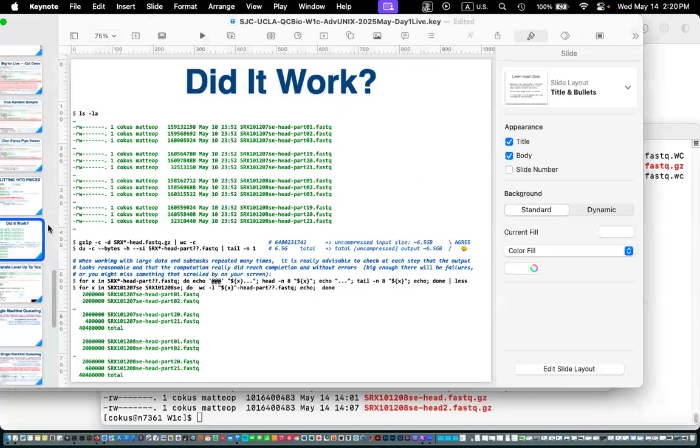We would like to gzip them. We just verified, yes, the split worked. And we would like to gzip them now. Okay, so